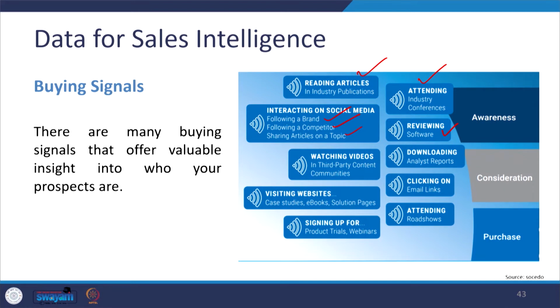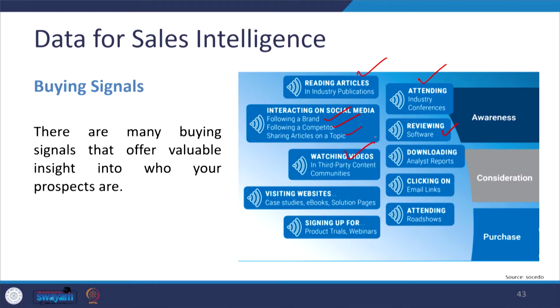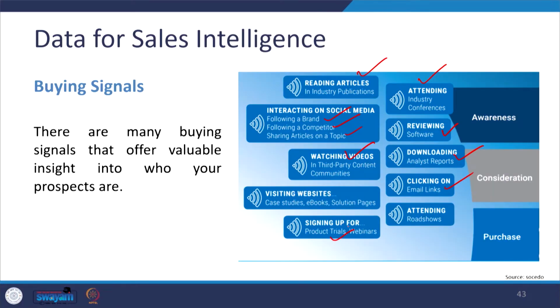Someone at the next stage, the consideration stage, already has awareness about the need and his pain points, and he already knows the solution that is required. Now he is evaluating or comparing different software or solutions. He might be watching more videos on this, downloading analyst reports, clicking on email links and so on. Another buyer, at the purchase stage, has already moved through awareness and consideration. He will now be looking for product trials, webinars, attending road shows and so on to know more, or to find where he can get the best